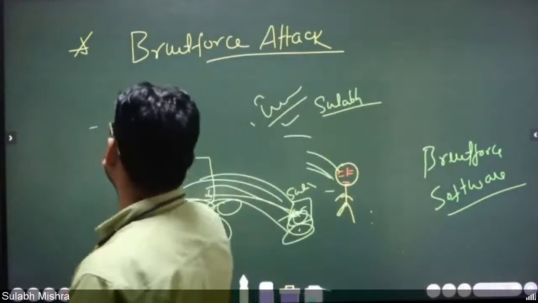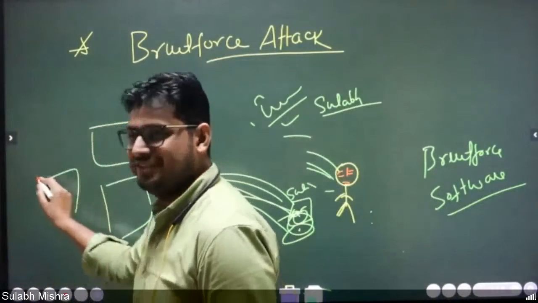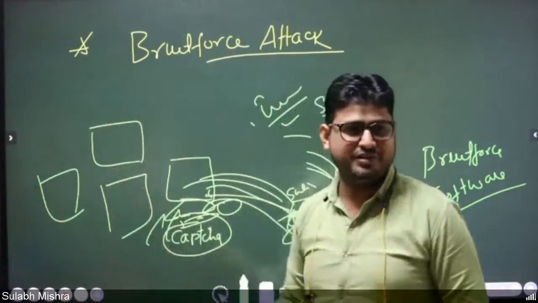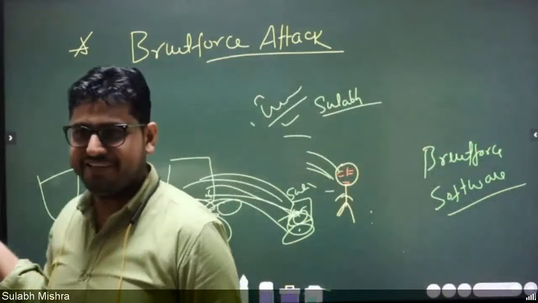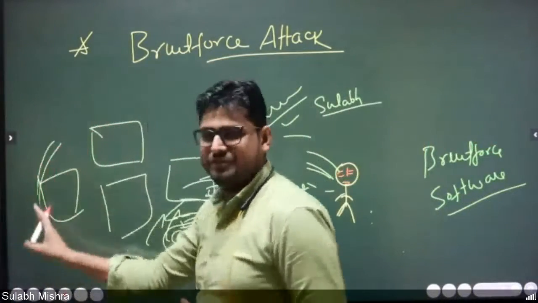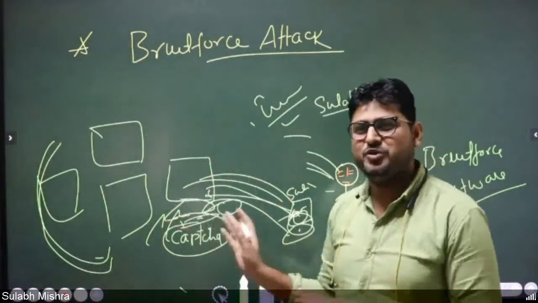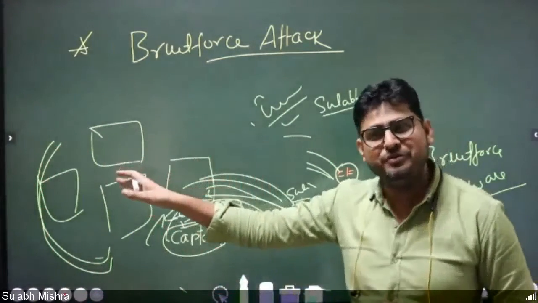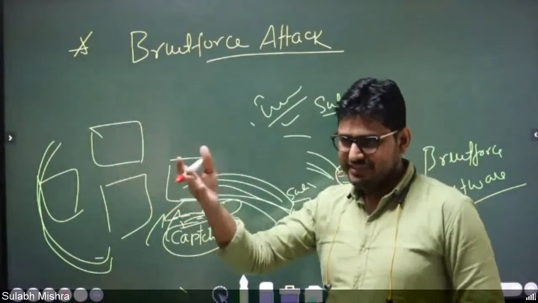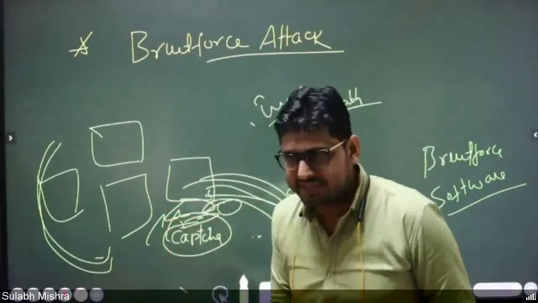Now they started giving images where you have to pick all the images that show buses, all the images that show road crossing signals, or the fire fighter or something like that, right? Just to ensure that a robot will not be able to log in, meaning people should not be able to do the brute force. Yes or no? So this kind of attack is called a brute force attack, right?